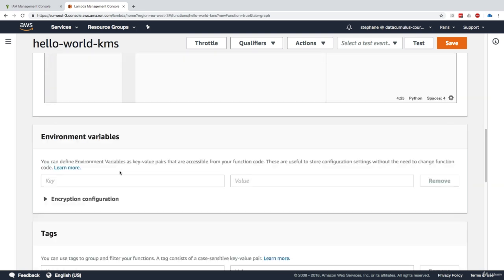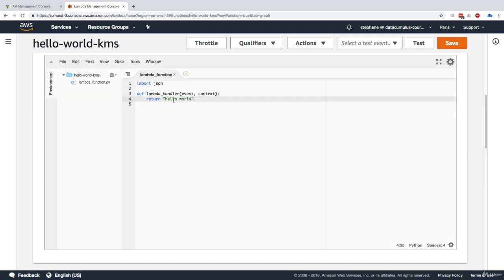So for now, let's go down, and we have environment variables. We want our Lambda function to have access to a secret, but we don't want to put that secret in the code because that would be really, really bad practice. If I say db password equals secret db password, that would be really, really bad because now people can see the db password straight from the code. Extremely bad. Don't do this. Okay, so we can't do this.